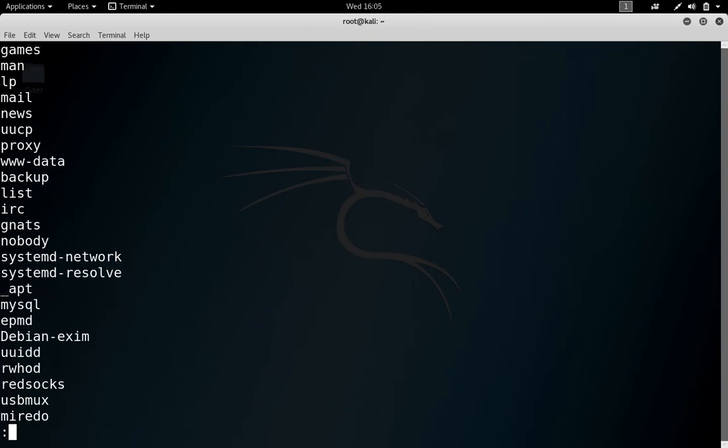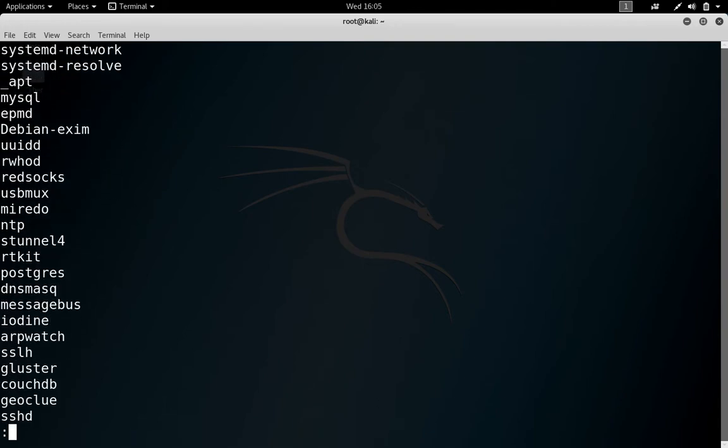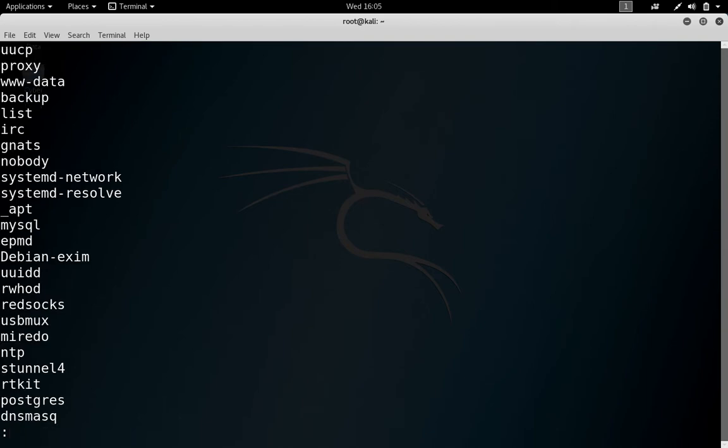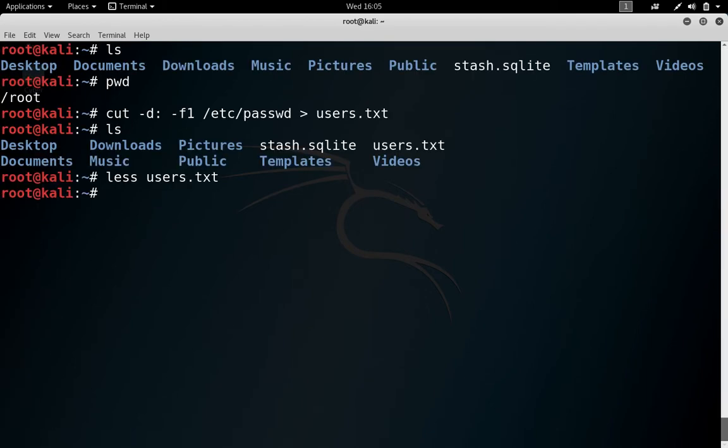You can press the arrow key to go up or down. If you want to come out of this, press q, and now you're out. The less command is good in this sense that you don't have anything left here.